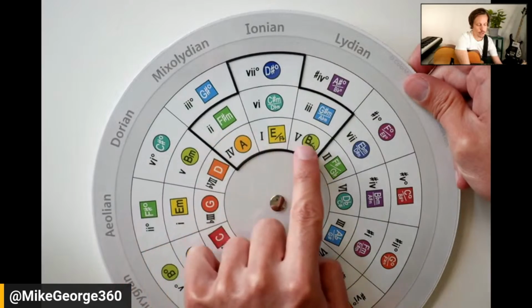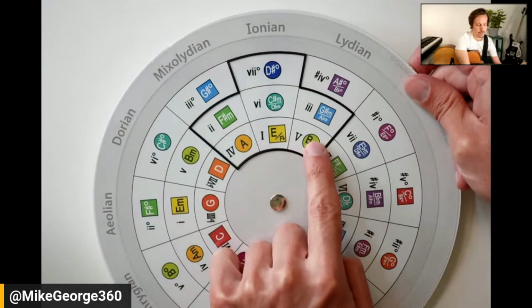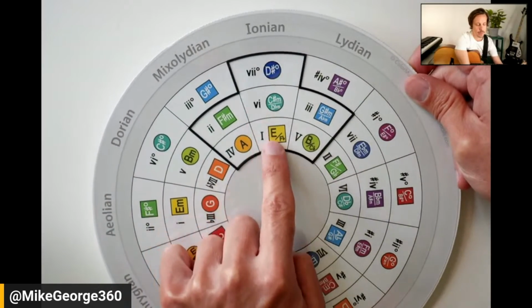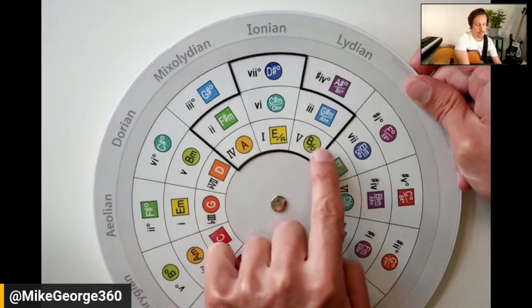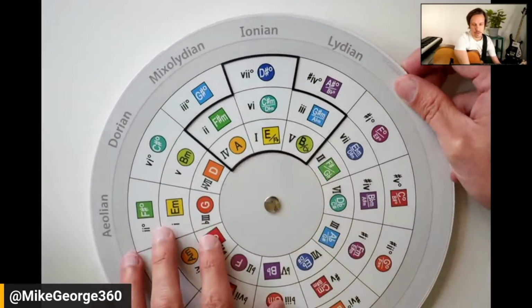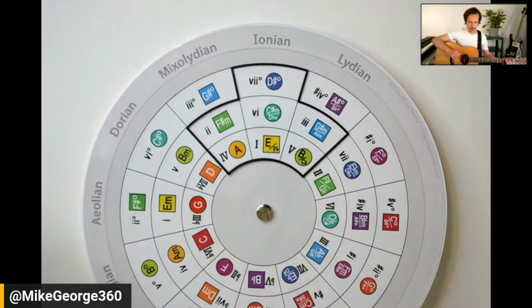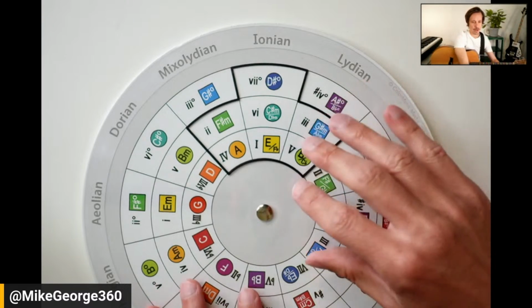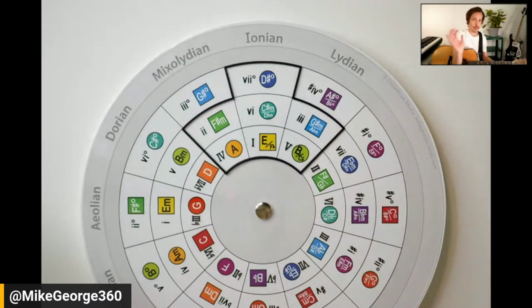So it's 2, 5, 2, 5, 1, 6, 1, 6. So there's this kind of pattern of 2 to 5, 1 to 6. And if the song just stayed within that small grouping within the circle of fifths, it would be fine. But we're going to see how the song actually starts to move around and expand into some other harmonic space,